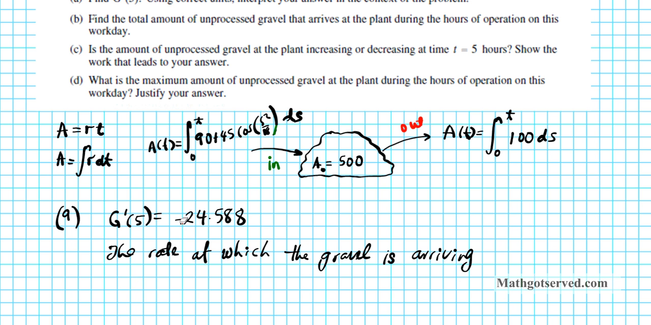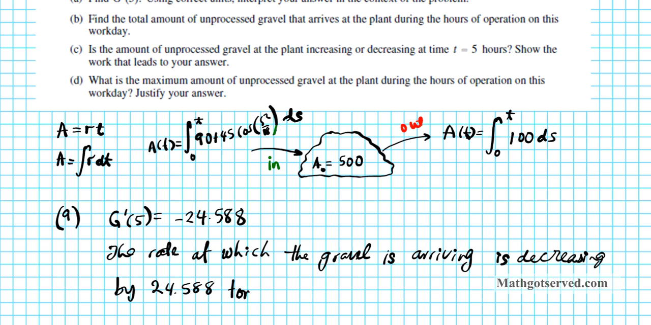So what does this minus tell us? It gives us a direction. So the rate at which the gravel is arriving is decreasing. So that's what the negative means. So the rate at which the gravel is arriving is decreasing by 24.588